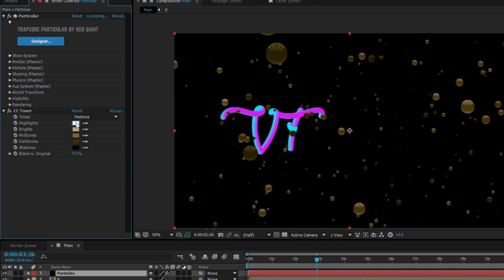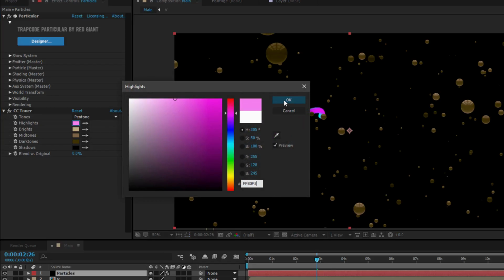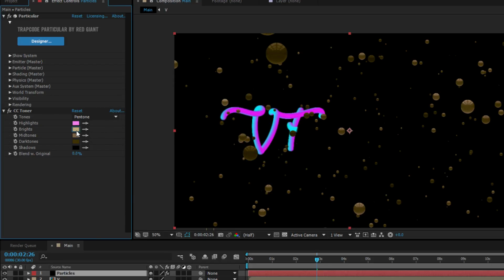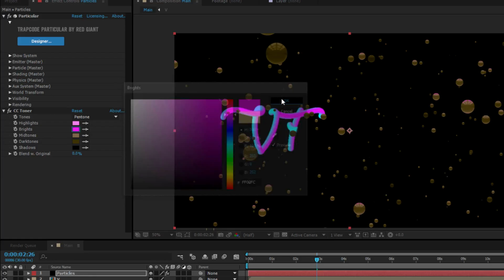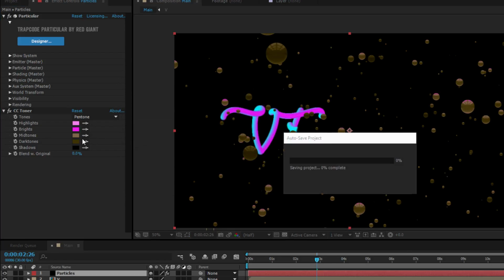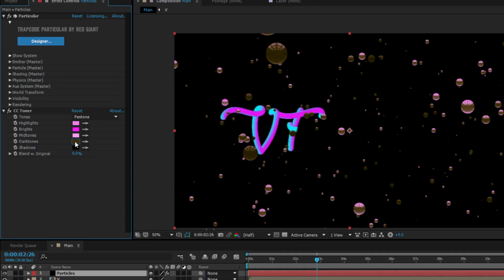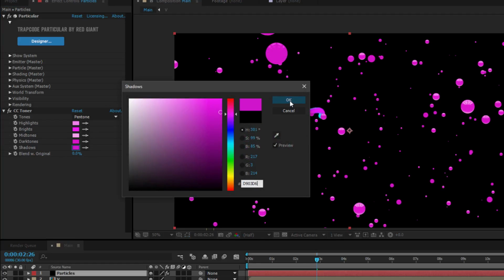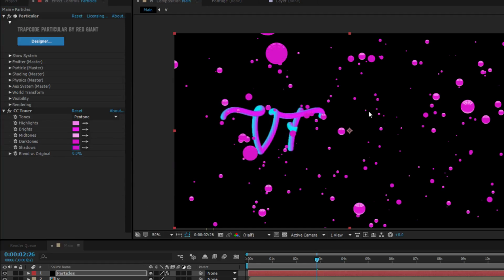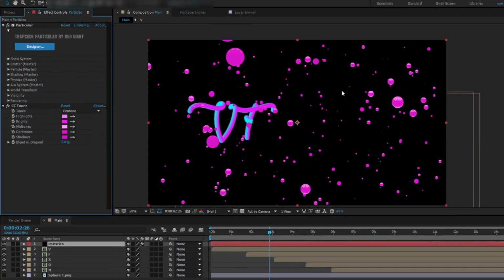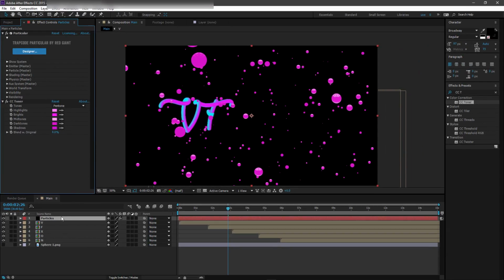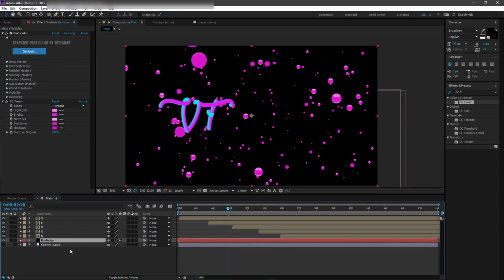So for the highlights, I'm using this. For brights, I'm using this. For midtones, I'm using this. For dark tones, this. And for shadows, this. So now the particles look exactly the same, and I'm going to move this underneath here so that